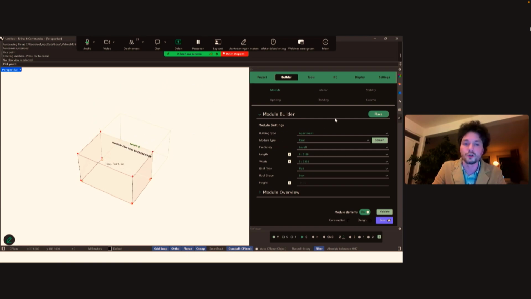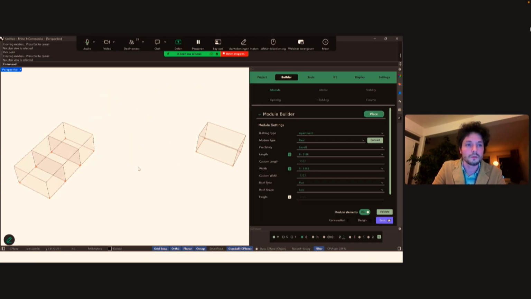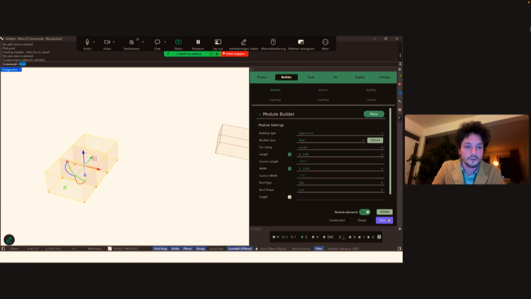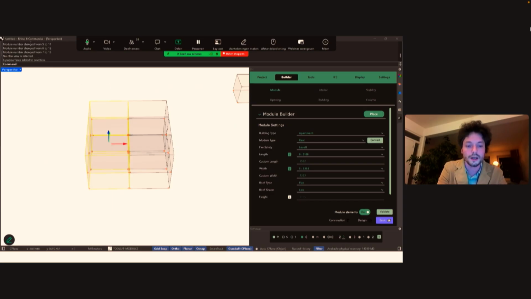Here you can see some modules that we play. I'm just going to put a few modules there, but I'm also going to show you that I can make a fully new size that I've never made before and place it next to it. And I'm going to make this into a building of about 2 stories. In total, we currently do up to 10 stories in wood. Otherwise, it becomes a bit more complicated.